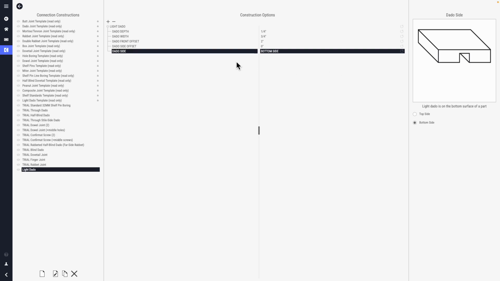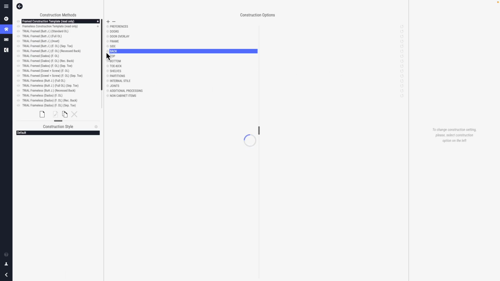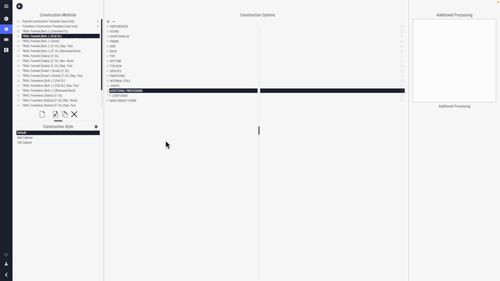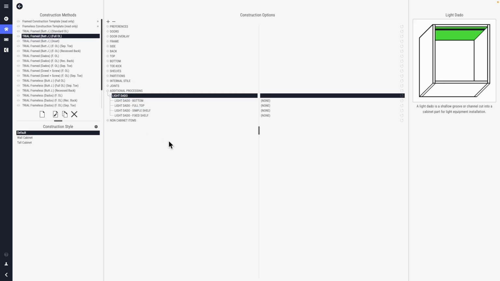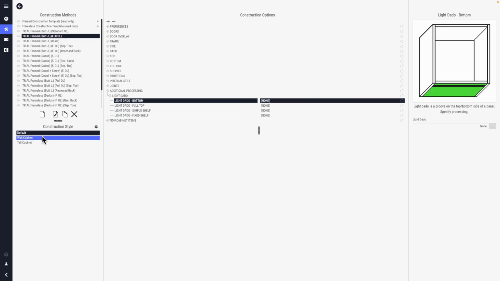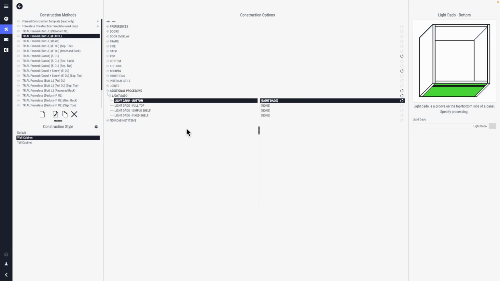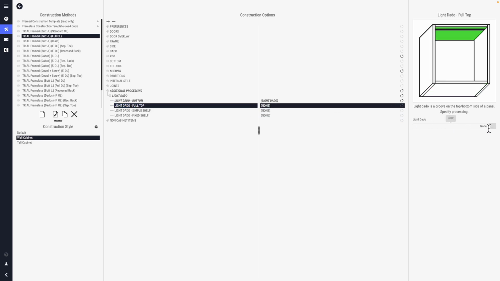So once you specify the connection, you go to the construction cabinet. We'll select the trial frame butt joint full overlay for now, and you'll see a new tab here called Additional Processing. And this is where you tell it where to apply said dado. So for instance, I'm going to apply it to the bottom of my wall cabinets. Here's my light dado connection. Maybe I'll apply it to the bottom of my full tops as well. So I'll select my full top,